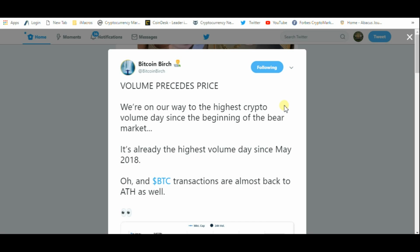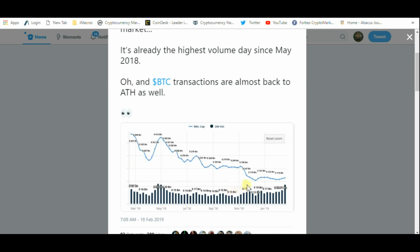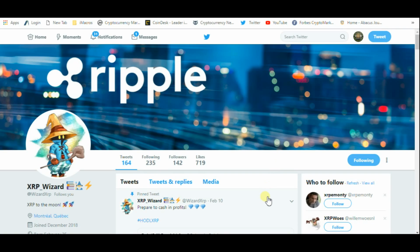He says, volume precedes price. We're on the way to the highest crypto volume day since the beginning of the bear market. It's already the highest volume day since May 2018. Oh, and BTC transactions are almost back to all-time high as well. So that can only be good for the rest of the market. All we need is a little bit of ignition to get this going. Next,